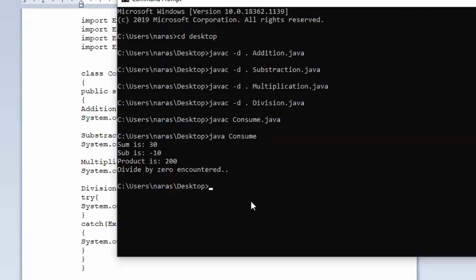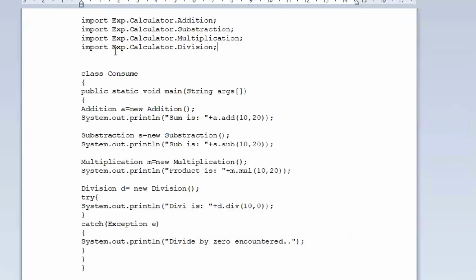right? So in examinations or in internals, you just follow the first approach, whatever I have shown. Don't go with this exp dot calculator dot addition. You just go with import calculator dot star. That means you create your class files and Java files in the same package. Outside of that particular folder, you will write a consume and import all the class files from that particular package. Right? Is it fine? So for internals, you prepare till this particular topic.